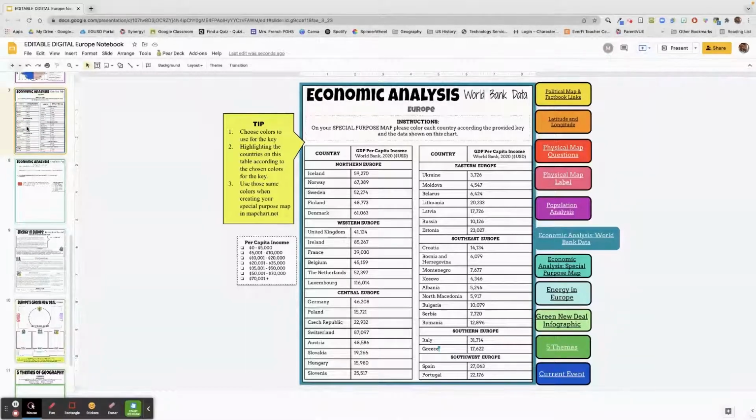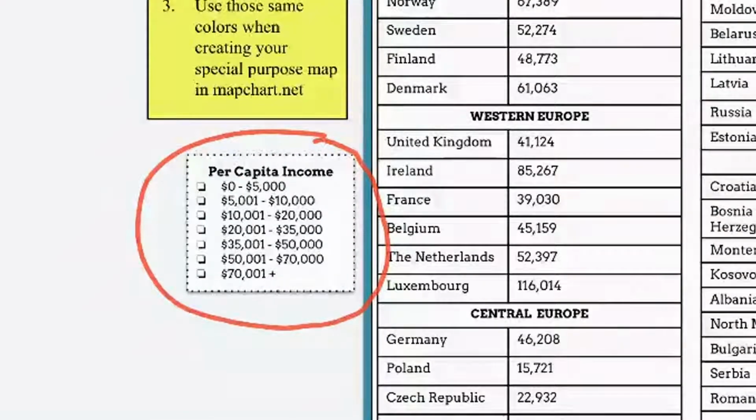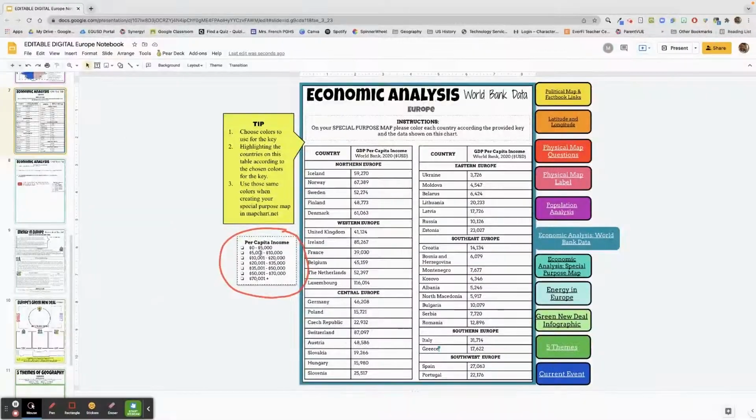On this data page, you can see that there's information gathered from the World Bank on European countries' per capita income, and this data is organized by region: Northern Europe, Western Europe, Central Europe, Eastern Europe, Southeast, Southern, and Southwest. The first thing that you're going to do is look at this key right here and assign some colors for that key. It doesn't really matter what type of colors you choose, just as long as you can choose some